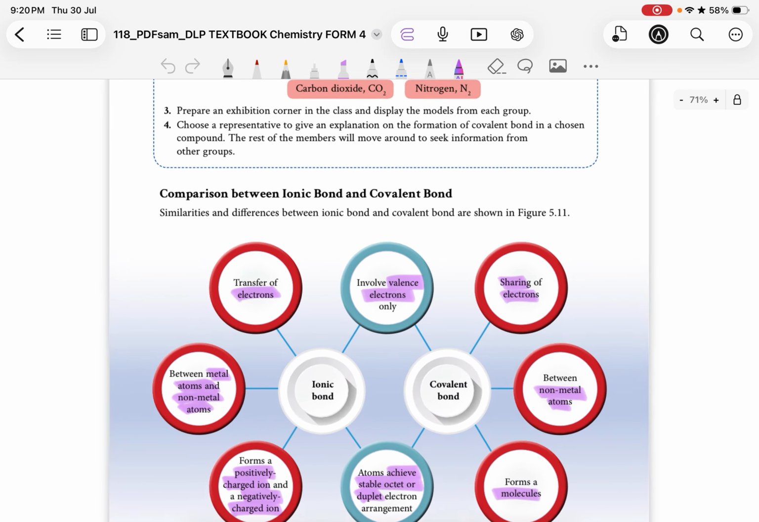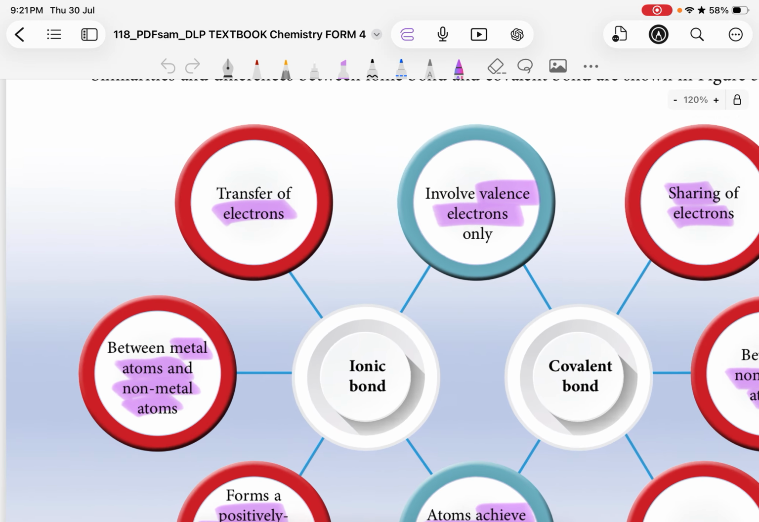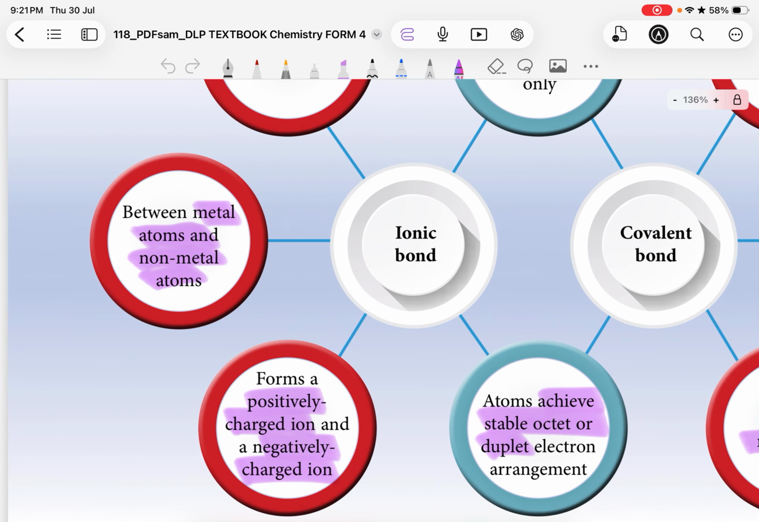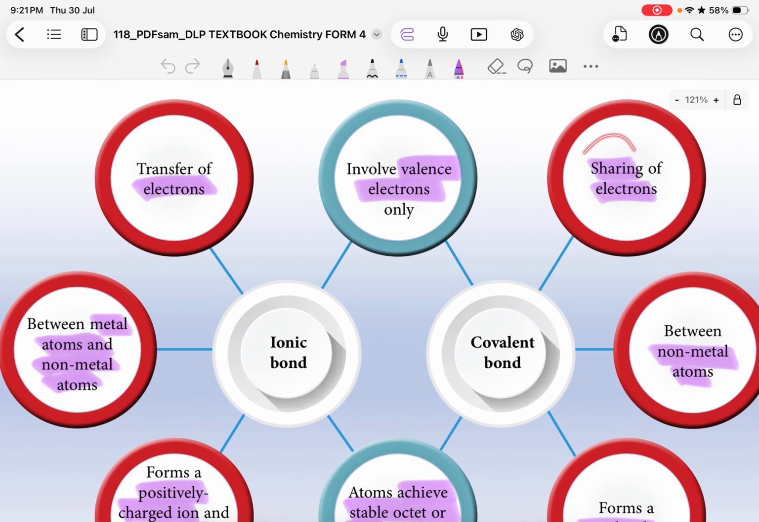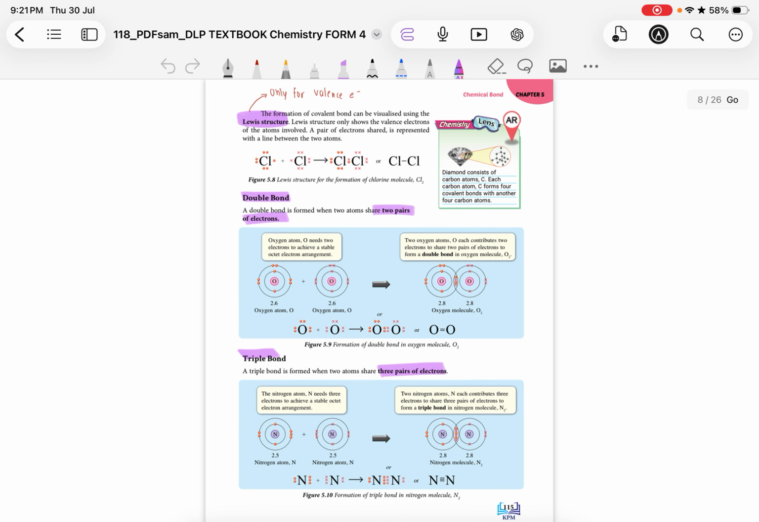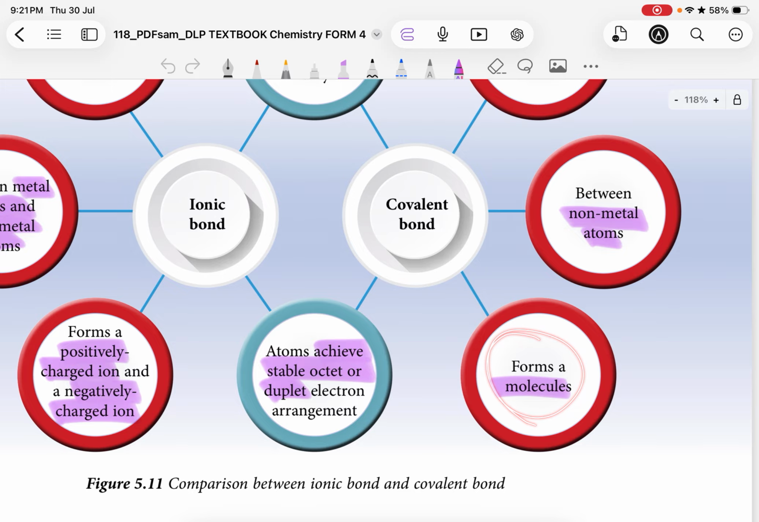Last but not least, the comparison of ionic and covalent. Remember I said ionic is to transfer electrons, between a metal and a non-metal, and forms a positively charged ion and a negatively charged ion. For covalent, it is to share electrons between non-metals, like hydrogen, carbon and so on. It will form a molecule, so H